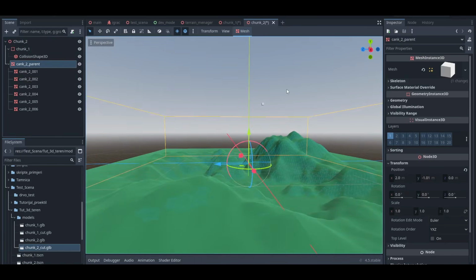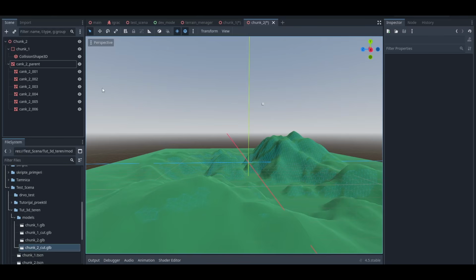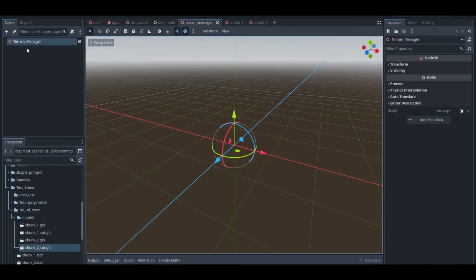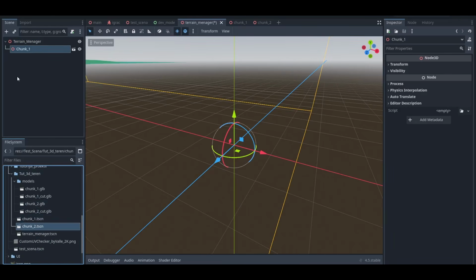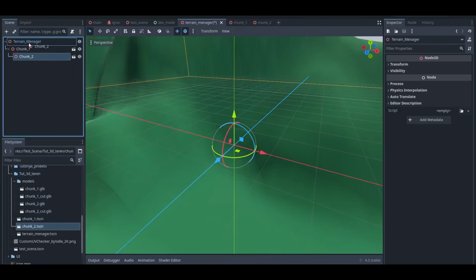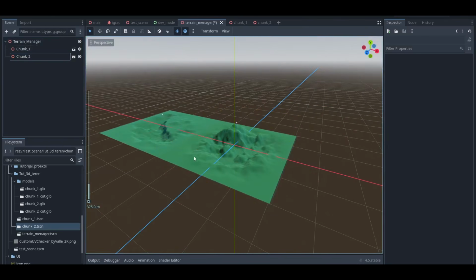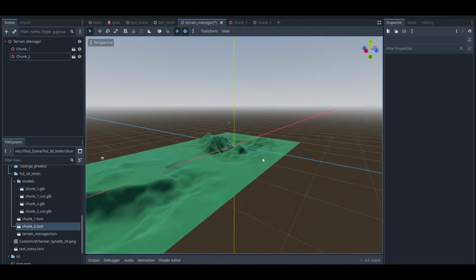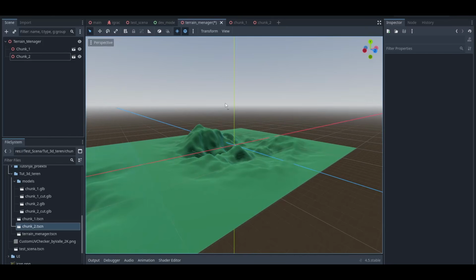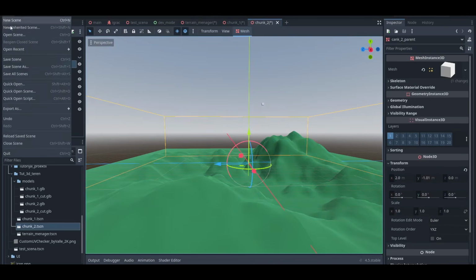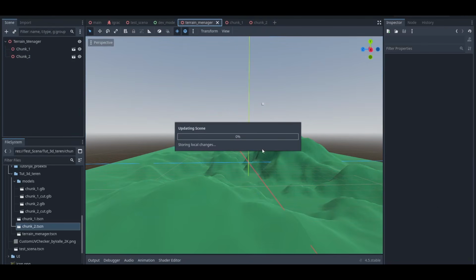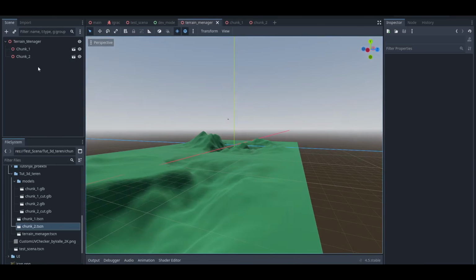And now you can see we have our collision ready for our chunk 2, and we have all these smaller chunks. So we are ready for the next step. Now I will go back to Terrain Manager and just drag these two scenes, chunk 1 and chunk 2, to see if they fit. So we can say that these two chunks fit perfectly. I will just hide collision,